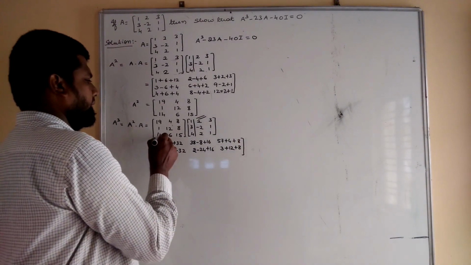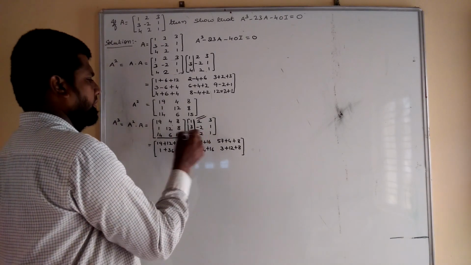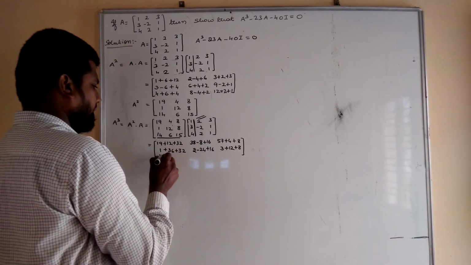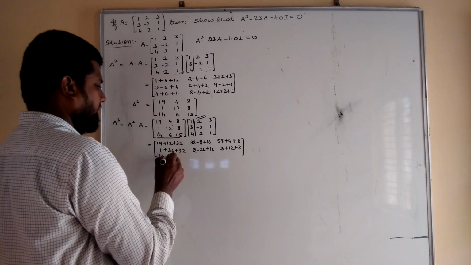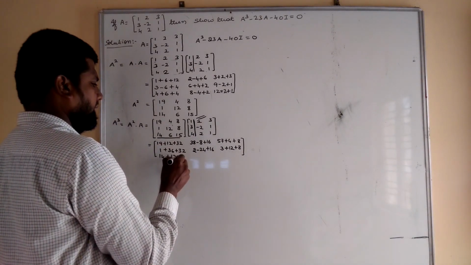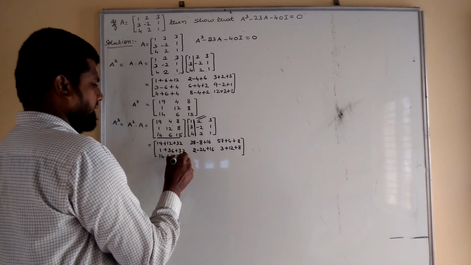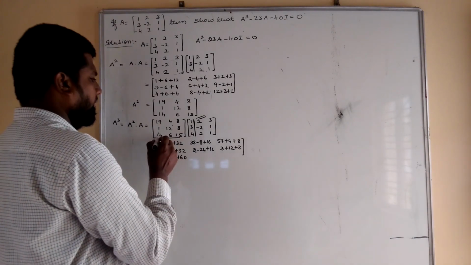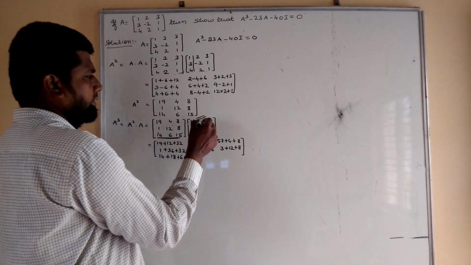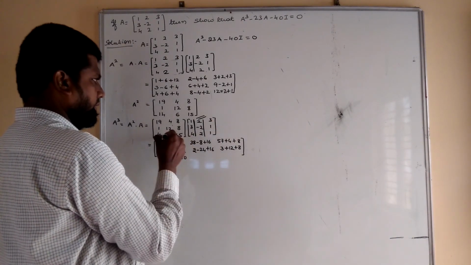Then next, third row, first column. 14 into 1 is 14. 6 into 3 is 18. 15 4s are 60. Then 14 into third row, second column. 14 2s are